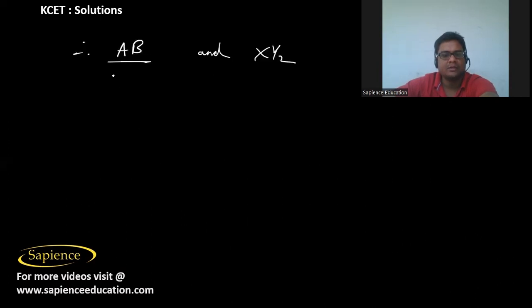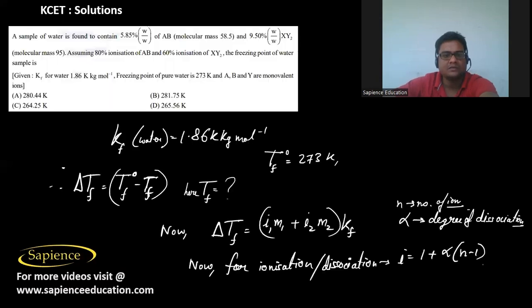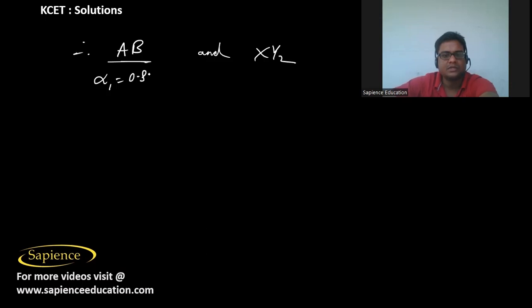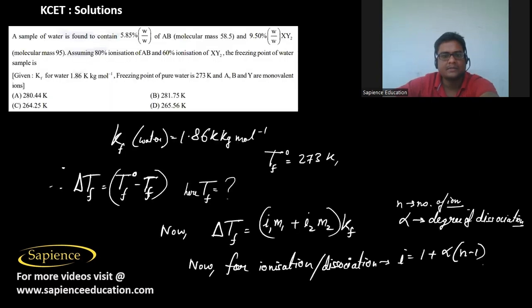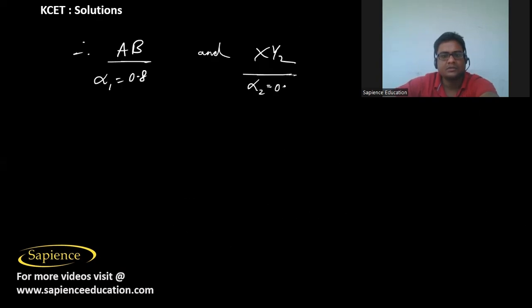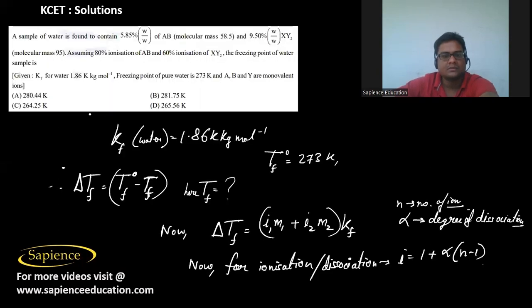So therefore, for AB, the degree of dissociation alpha 1, that is given as 80% ionization, so it will be 0.8. And for XY2, the degree of dissociation, that is 60%, so it is 0.6. So now therefore